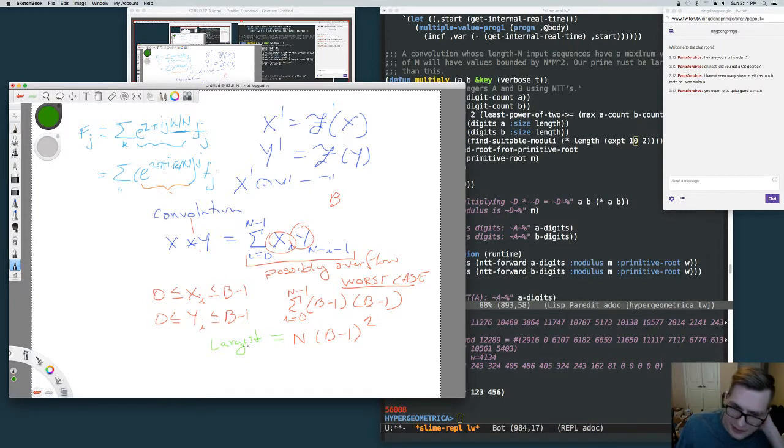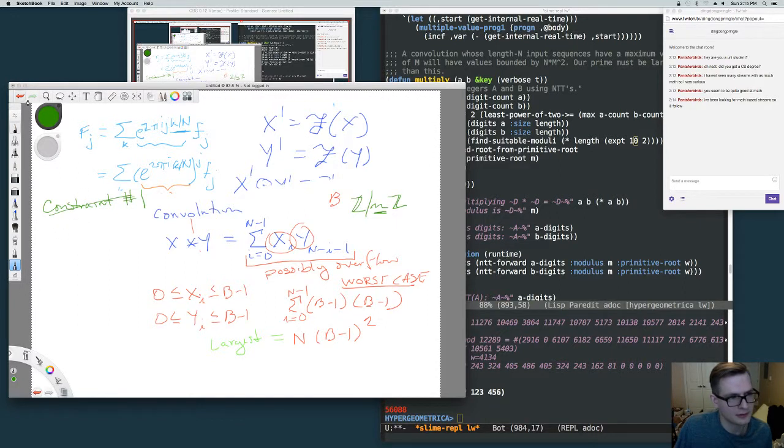So the largest is this, which means that if we're doing convolutions using our number theoretic transforms in the ring or field of numbers Z over MZ, our modulus must be greater than this right here for it to not overflow. So that's one constraint. Constraint number one is that our modulus must be,